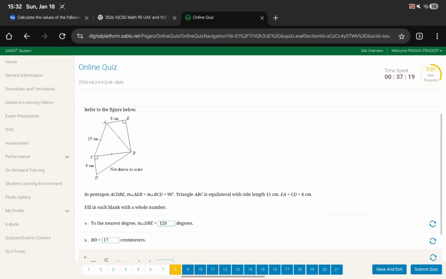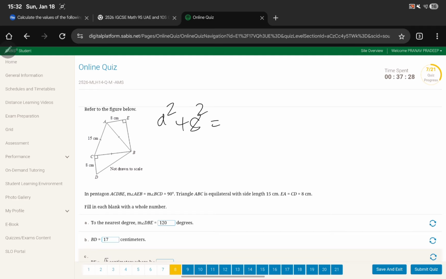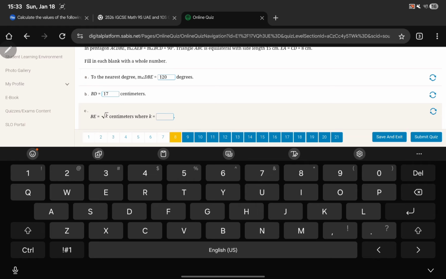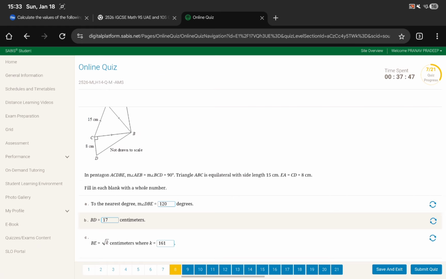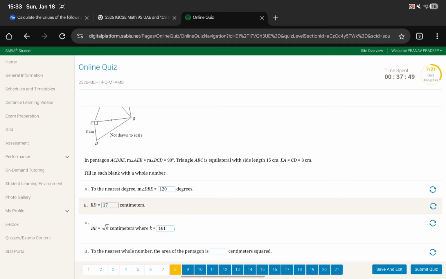BE, now BE again, just apply the Pythagorean theorem: a squared plus 8 squared equals hypotenuse squared, right? Just do 225 minus 64. A squared equals 161, so A equals the square root of 161. To the nearest whole number,